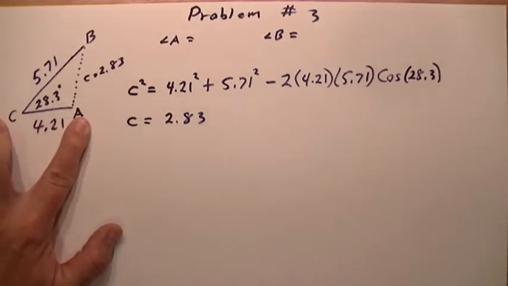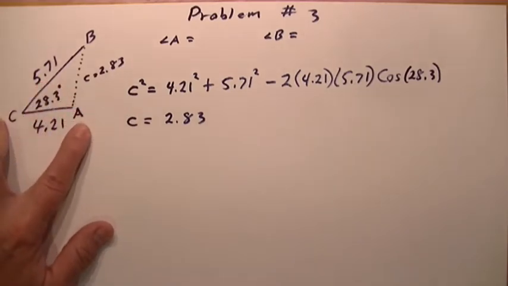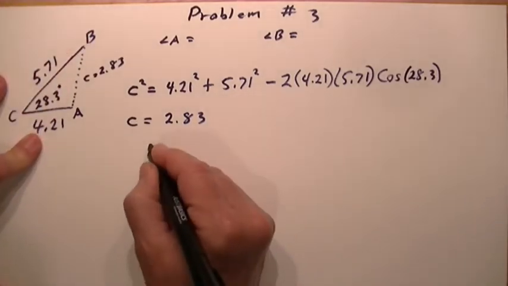And because of that, we want to be a little wary of using the law of sines, because when you use the law of sines, you are only going to get acute angles. And so you're going to get an answer that may come out wrong. So what we're going to do instead is we're going to use the law of sines to calculate this B angle. Okay? So we're going to say that the sine of B,